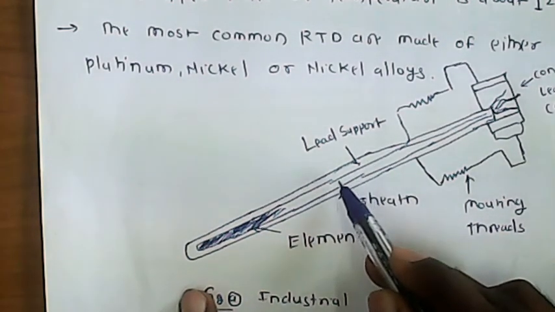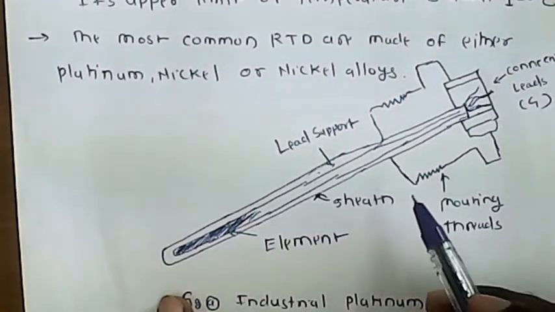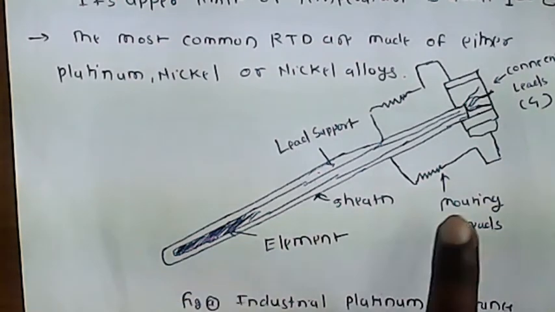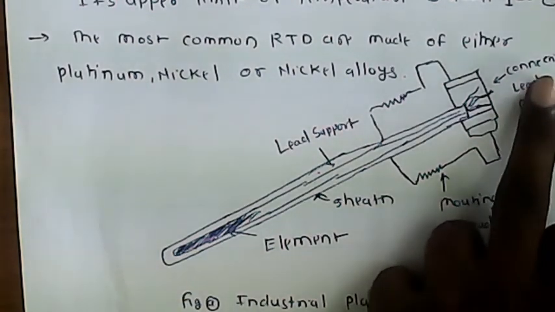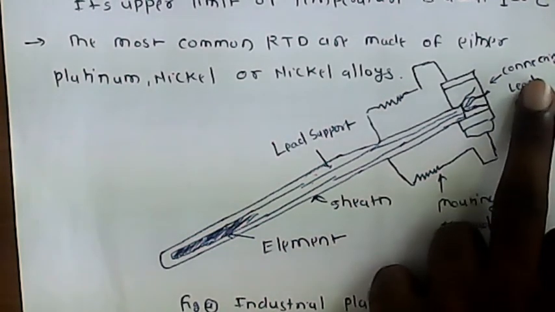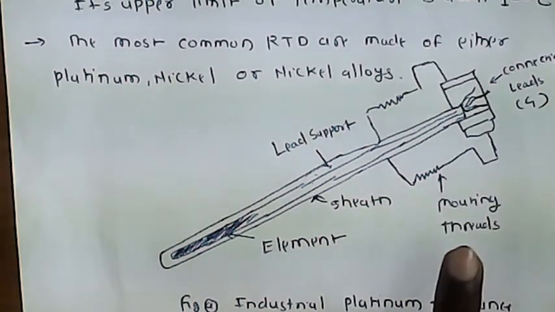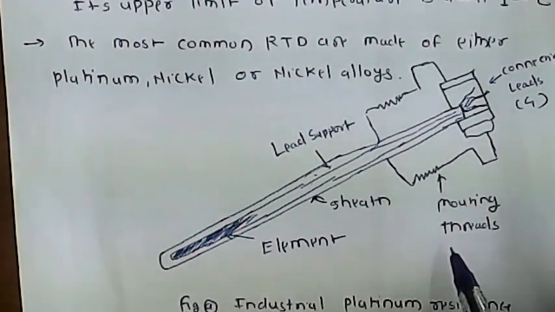To provide support, the lead support is inserted here, and the connecting leads are connected to either a digital display, an analog meter or anything else, and these are the mounting threads